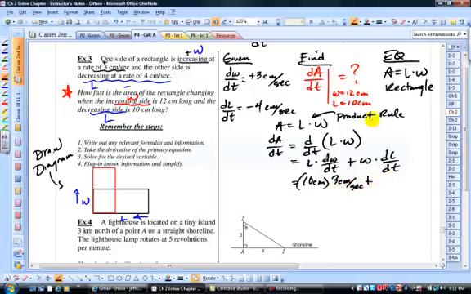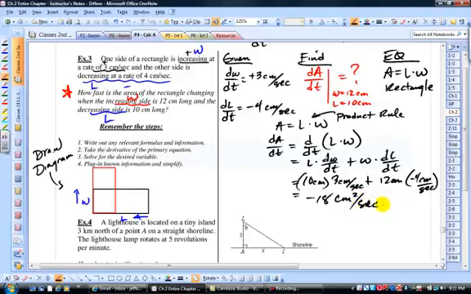Plus the width, when it's exactly 12 centimeters, times the change in the length over time, and that's, well, it's decreasing, so it's negative 4 centimeters per second. Okay, and then we got 30 here, and we got a minus 48 here. That's going to give us a negative 18 square centimeters per